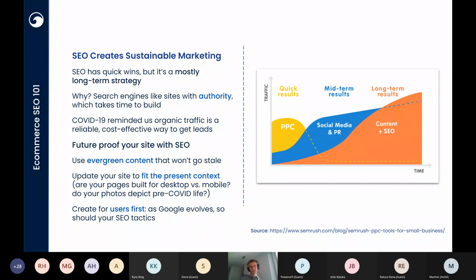Say you have a Black Friday sale page on your site. Rather than taking that down and creating a new one year after year, you could simply keep the page alive and just update it every year. The flip side of that, though, is that we also want to make sure our sites reflect the present context